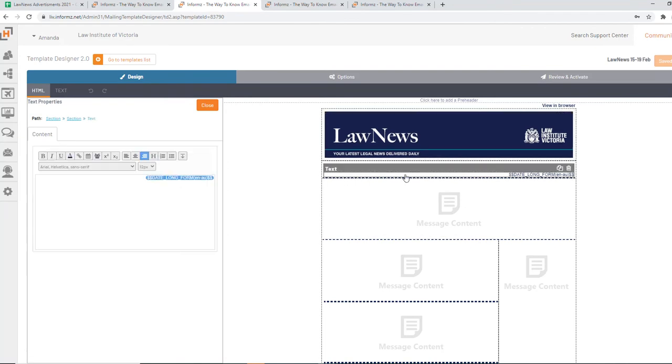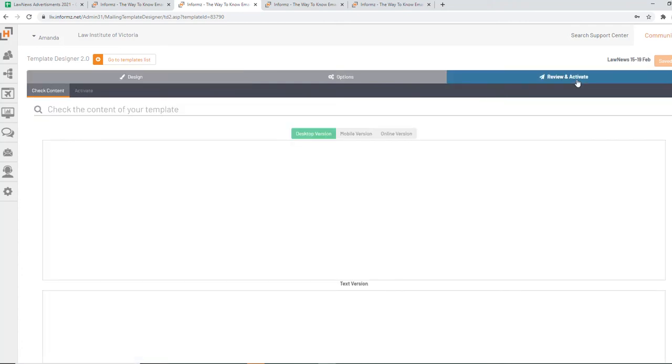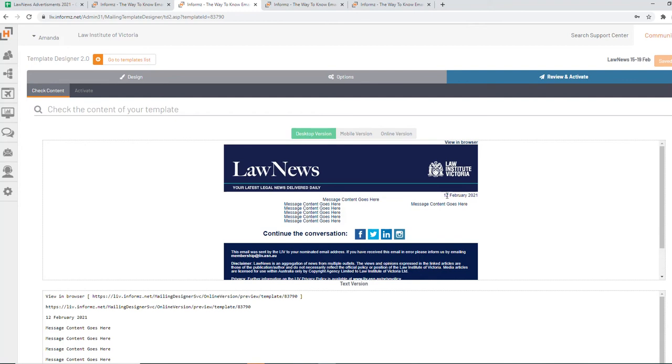Now in the first little text box in here, you'll see that we've got a special dedicated dating system. This is where we have every day that we generate LawNews, there's an automated date that appears here. To give you an idea, if I go to review and send, yeah, there it is, 12th of Feb 2021. So it gives you an idea of how the date will automatically pre-populate based on the day you're working on